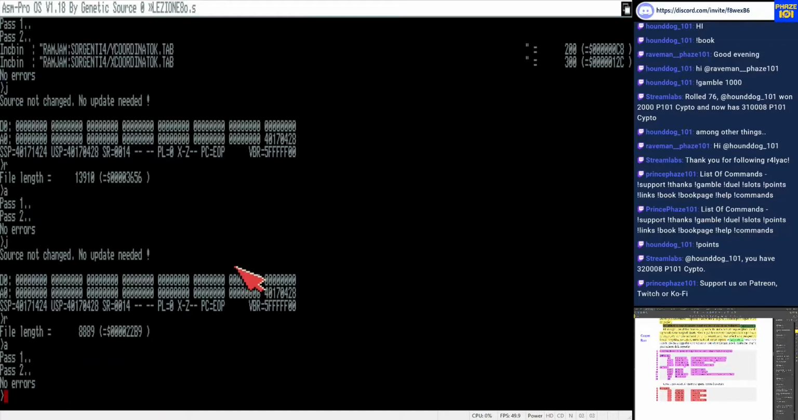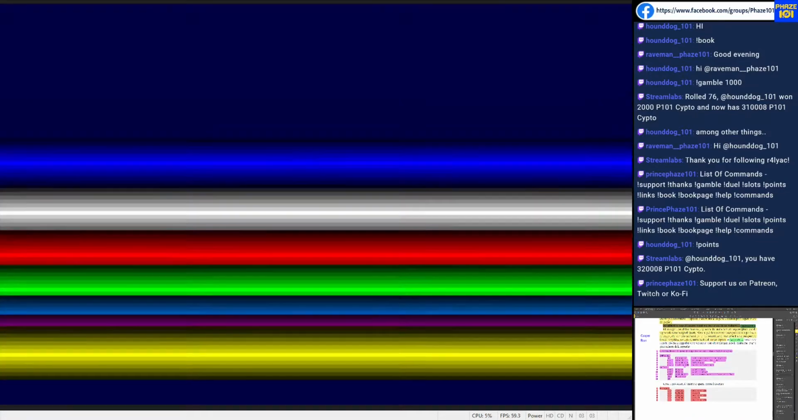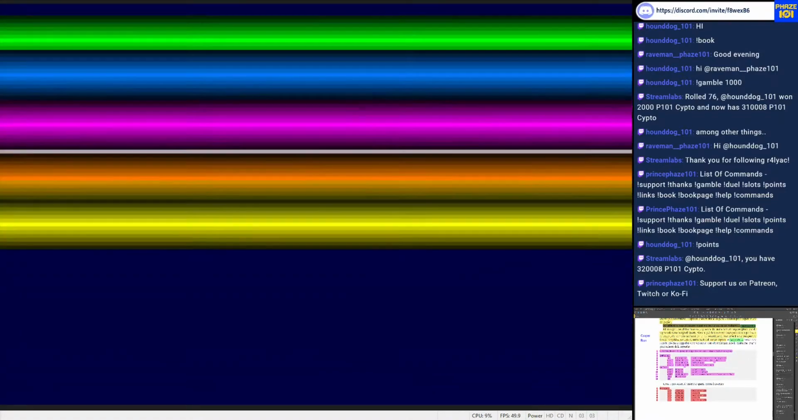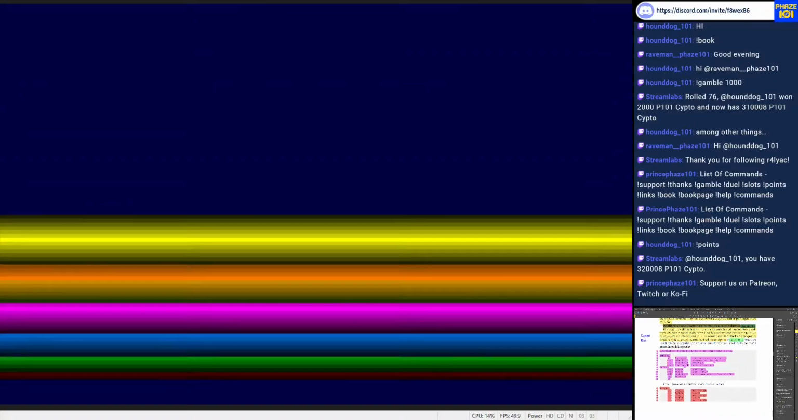Please note that my emulator is not optimized for A1200 or for the A500, but it is optimized for me as a developer. So you might see some glitches, okay, but it should work. And that is the copper bars that